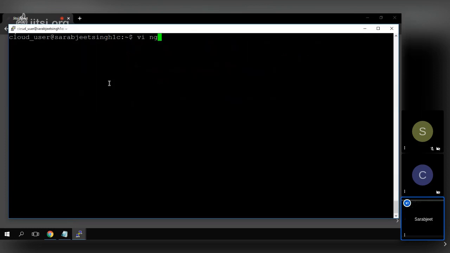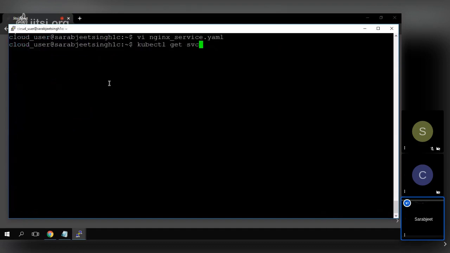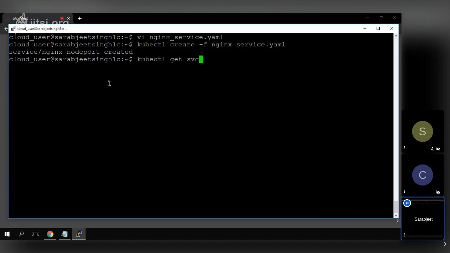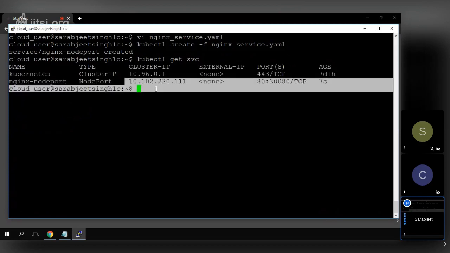Now go to nginx service and just change this to nginx1, and now apply it once again. Now kubectl get service. So now it has a new IP,